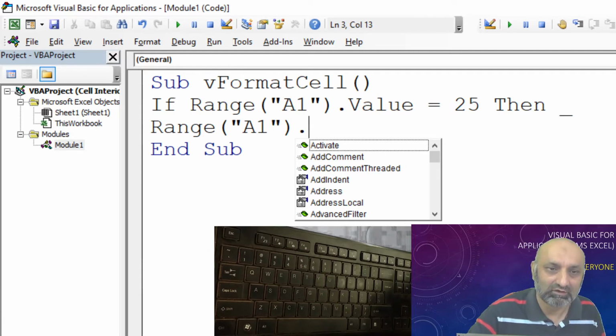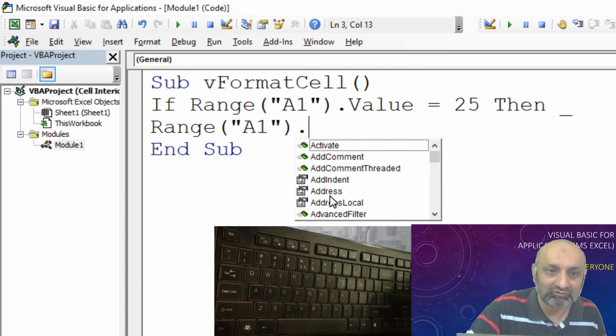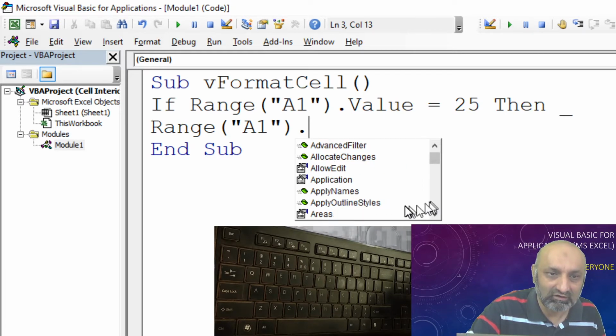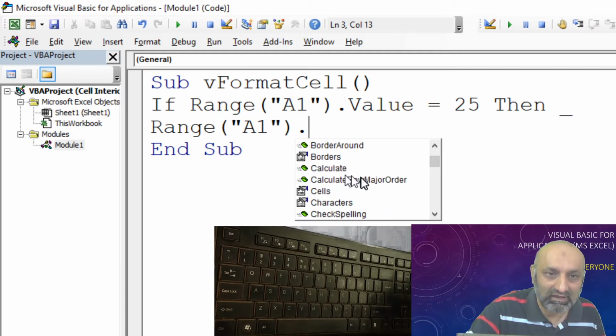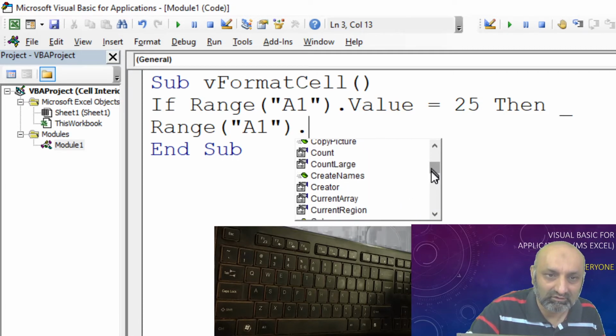What are these functions? You can activate the cell, you can do something with the address. If I go down, allow edit, there is auto fit, there is calculate, there is borders, then clear formats, so many things, copy, count, creator.